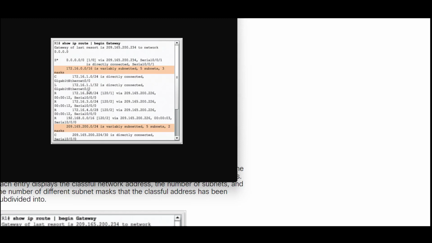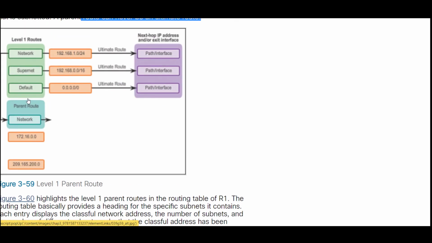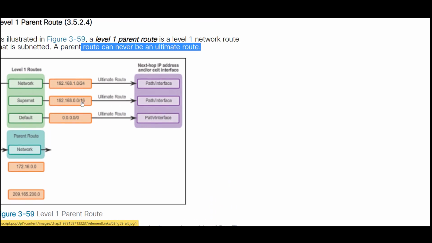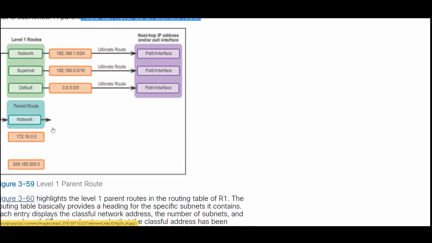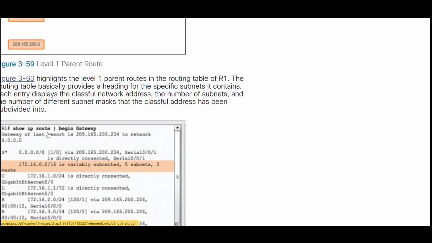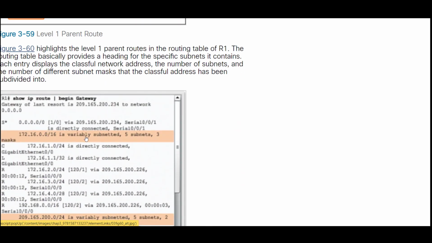This we are going to say is level 1 parent. What does that mean? If you do supernetting, we are going to say level 1. If you do subnetting, we are going to say it is level 1 parent. Try to understand: if you decrease, it is level 1. If you increase the subnet mask,